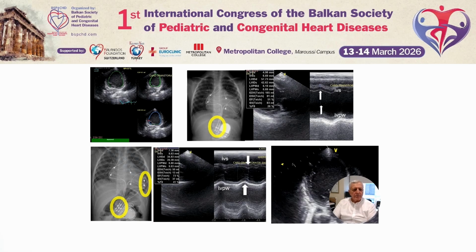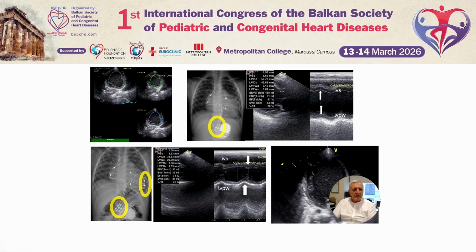This is one of our patients. This child has an AV septal defect and was operated on for that. Following the surgery, she had AV block, and then a dual chamber pacing system was implanted. As you see here, the right atrial and right ventricular leads. But after a while,